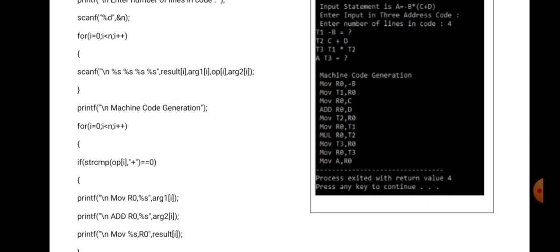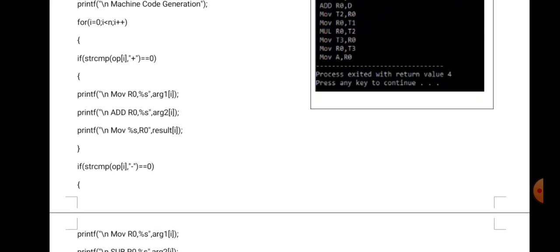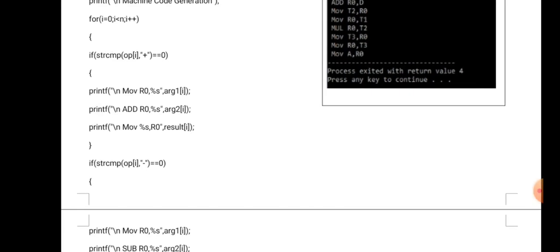Once we enter all the quadruples for the loop, we have the actual part, that is machine code generation, and this machine code generation part also runs on for loop. This for loop will run for 4 times. Every time it runs, its job is to compare the operator of sub expression with all the basic arithmetic operators available. So here you can see we have written first part of comparison for plus operator, and if it is successful, then we have the corresponding target machine lines.